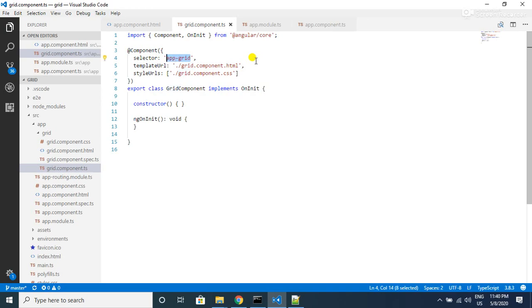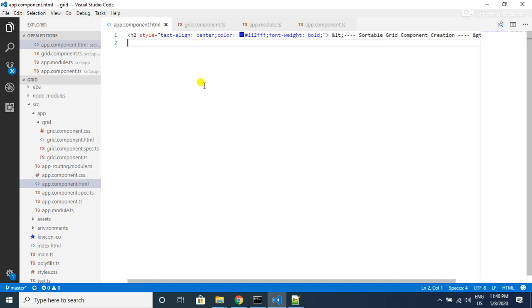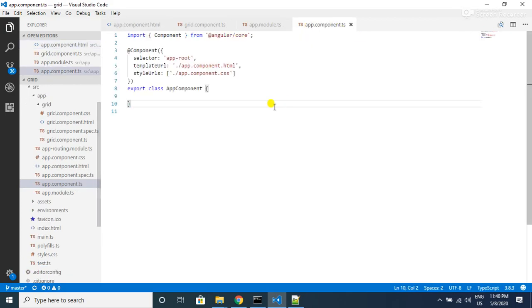Let's do that. Now to show the grid, first of all we need to prepare the data for this grid so that we can send input to this component and our component gives the grid for us. So let's prepare the data in our app.component.ts file.